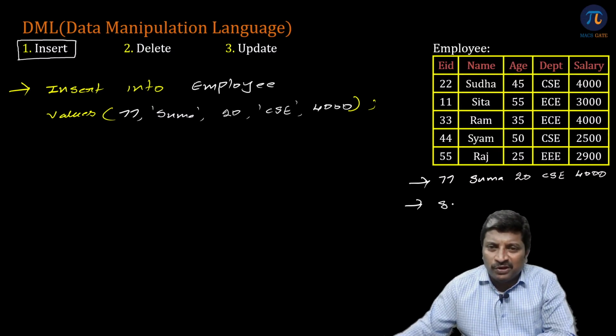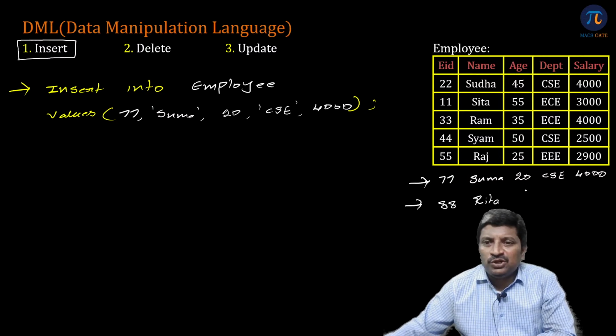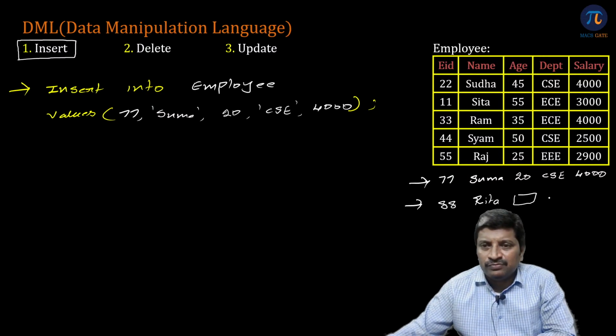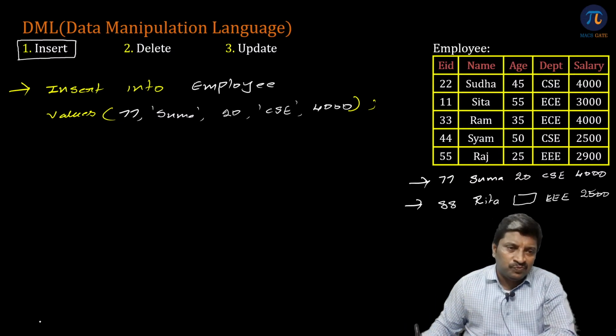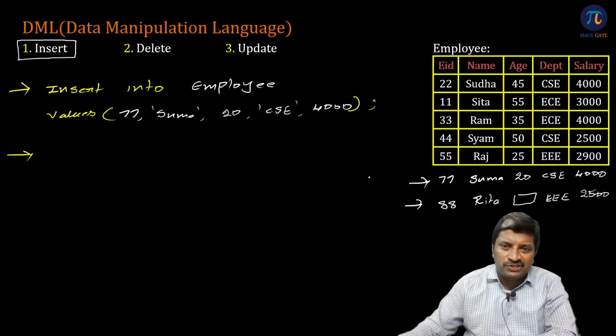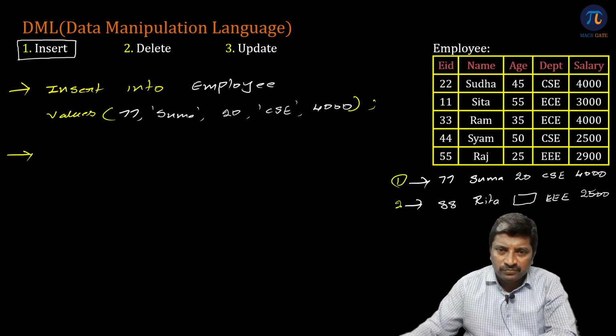Suppose I have one more employee, Rita. Okay. She doesn't want to specify the age. And she joined in AAA department. And her salary is 2,500. So we are inserting only some of the values. Then in such case,